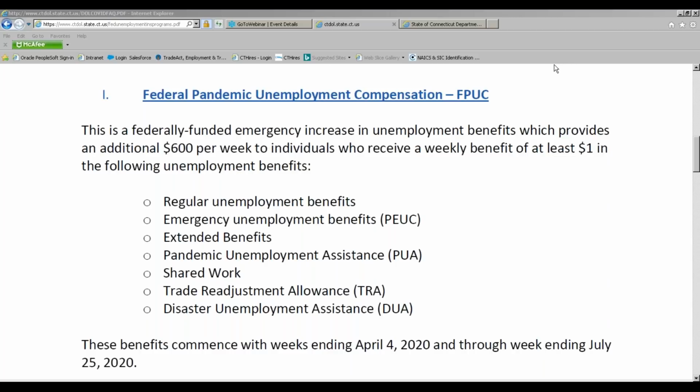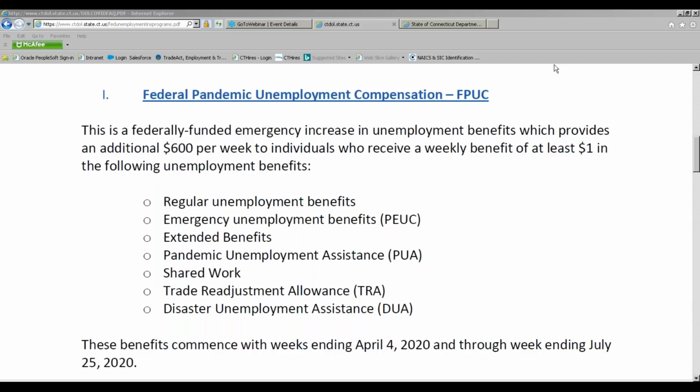Once your claim is filed, the claim is effective for the week for which you filed your application. The way a benefit rate is calculated is we look at the effective date, and we take the first 4 of the last 5 completed quarters or calendar quarters. Each quarter is 3 months. So we take the first 4 of the last 5 completed quarters. And what we do is we establish a benefit rate. And the benefit rate is based off of your 2 highest quarters, and we get an average of those 2.